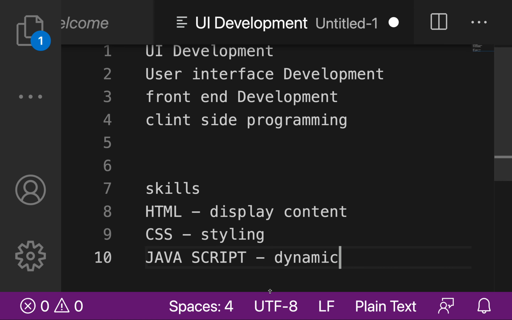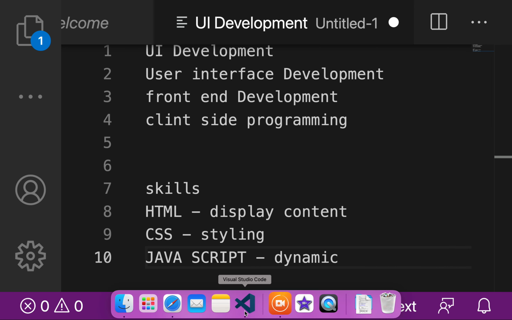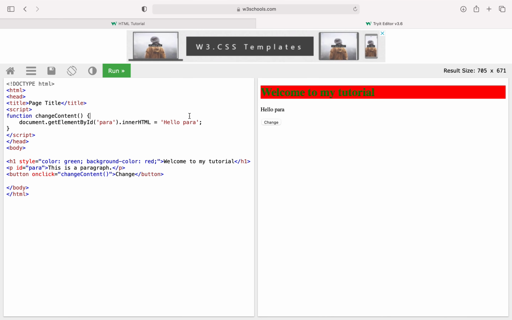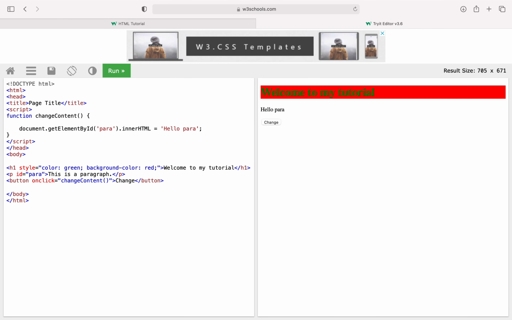For example, just now I showed, I added one button, and on click of the button I changed the paragraph content. If I want to add some alert, I can show an alert in that click event. Let's say I want to show an alert also in the same click event, alert of hello.